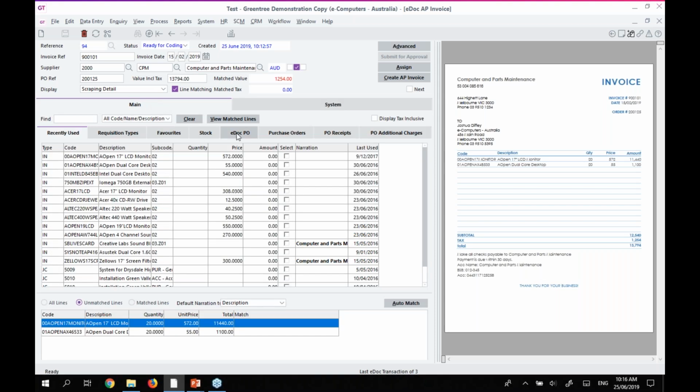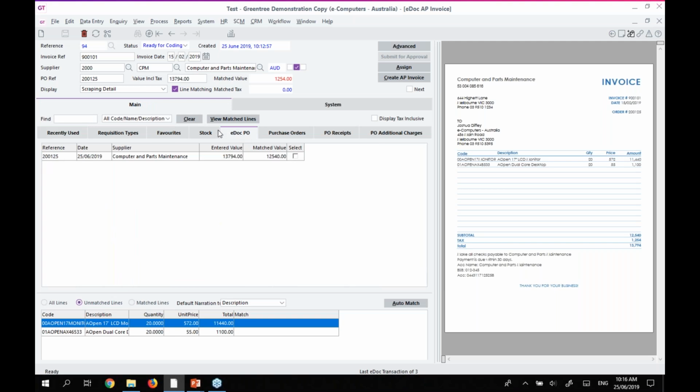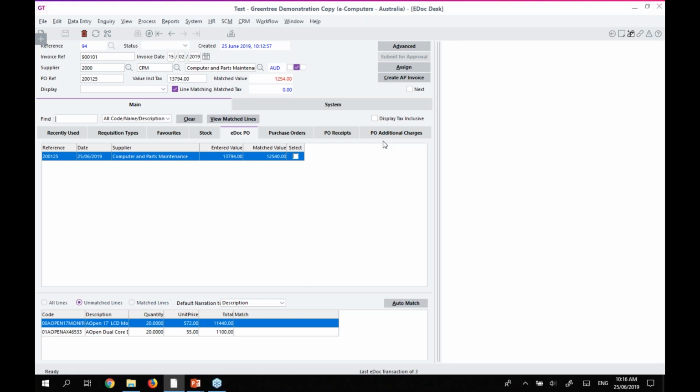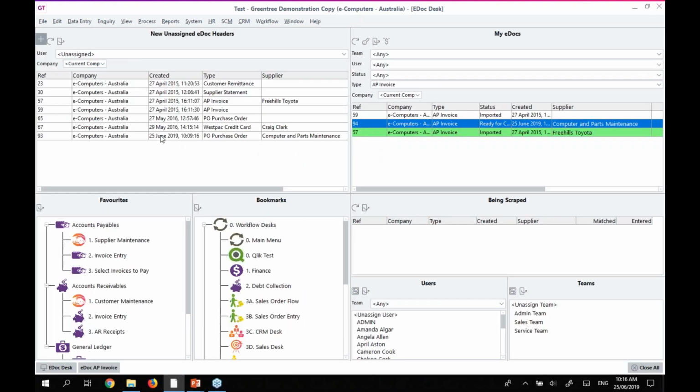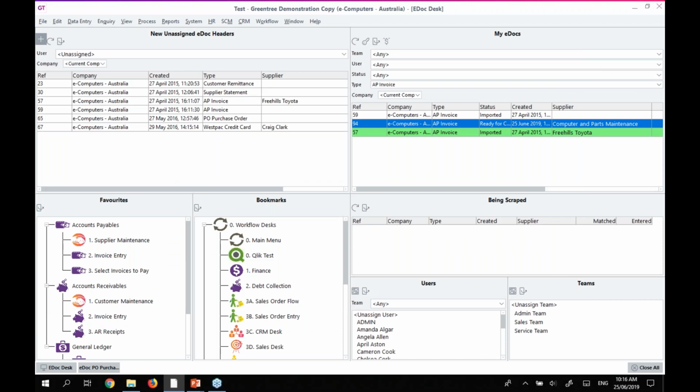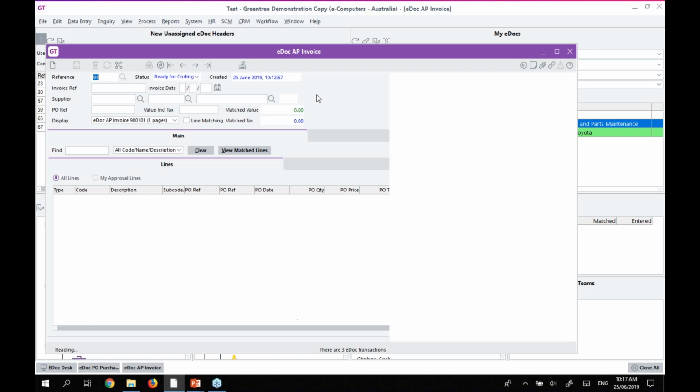Now, if I go and have a look at my eDocs purchase order tab, you'll notice there's that purchase order I created just before. If I click on it, it's going to show me the purchase order that we saw on the previous screen. Now, if I take one step back for a second, and I'm going to close that and go back to that eDocs purchase order that we created earlier, if I had generated an actual purchase order by simply hitting the Create PO button, then when I come in to do my matching,